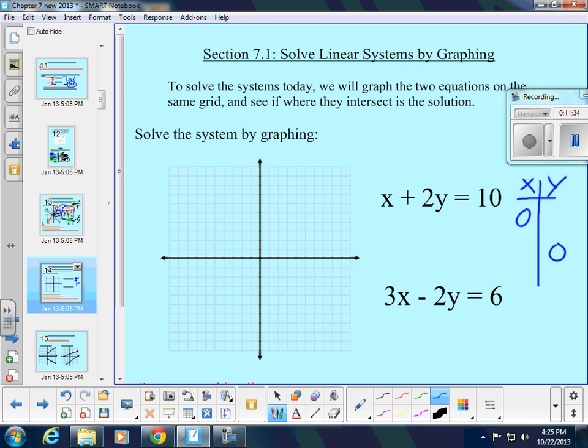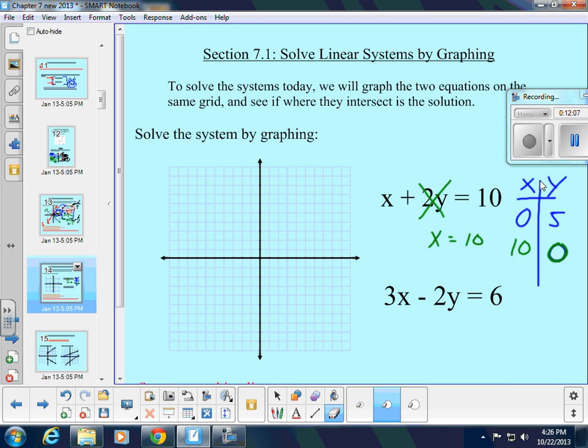Remember, what I do is I plug in 0 for x, plug in 0 for y. I do that each separately. When I plug in 0 for x, it's like it cancels that term out. So that's gone. So all I have left now is 2y equals 10. And if I solve that little equation, I get y equals 5. So I can find one of my intercepts very quickly using this method. If I plug in 0 for y, that will cancel out this term, and all I'll be left with is x equals 10. So that must be my